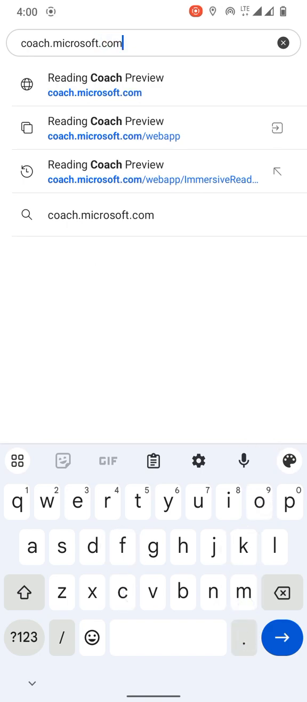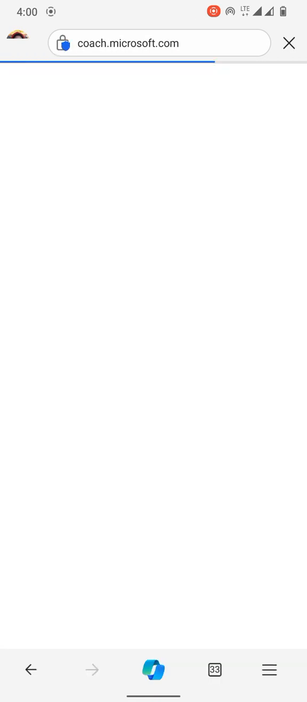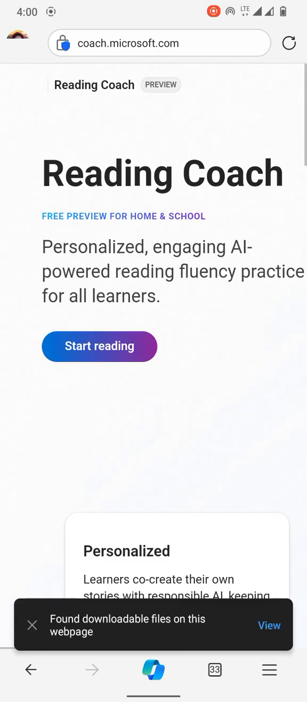coach.microsoft.com, right? Coach.microsoft.com, and you enter. Once you enter, it brings you here. Whether you're using a laptop or a phone, I'm using a phone, so you know that you really can use a phone to do it. Once you're here,